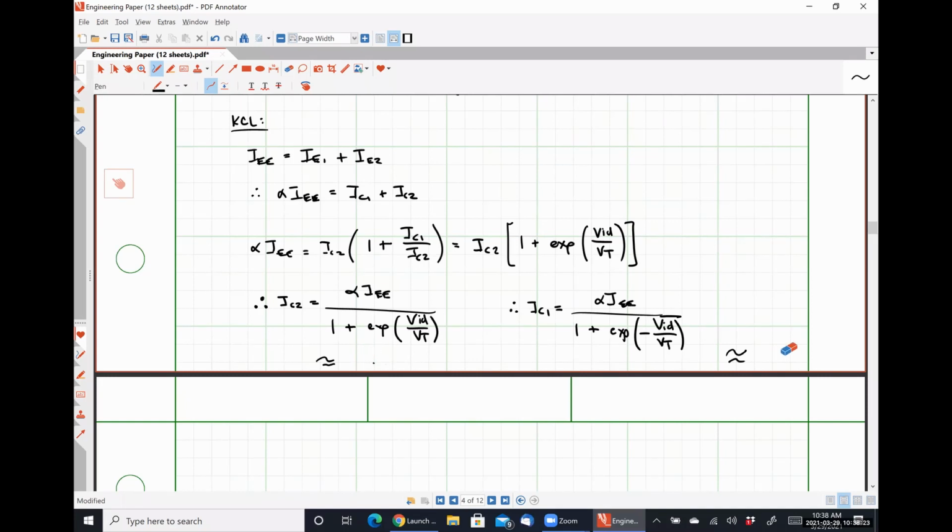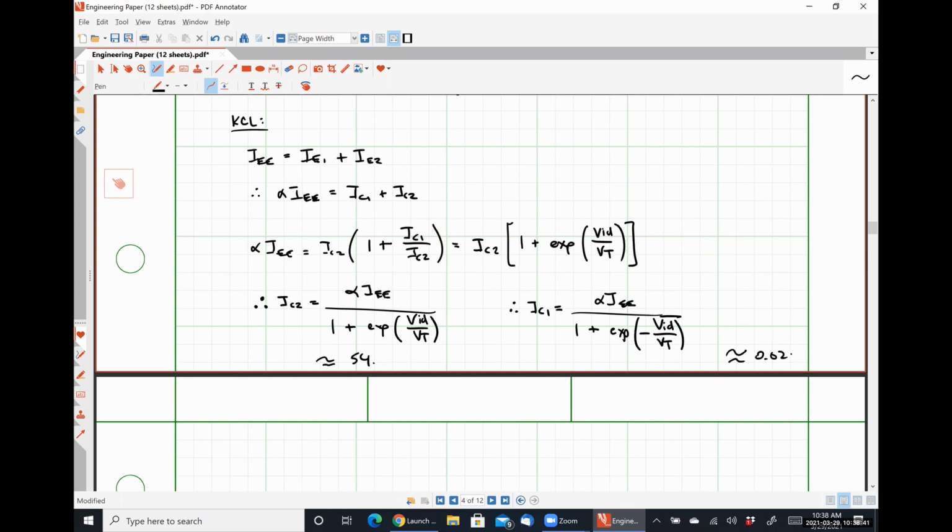For a positive VID. No, I had it right. Sorry. 54, 0.02. So what I'm trying to get at is we can see that within a couple of thermal voltages, effectively